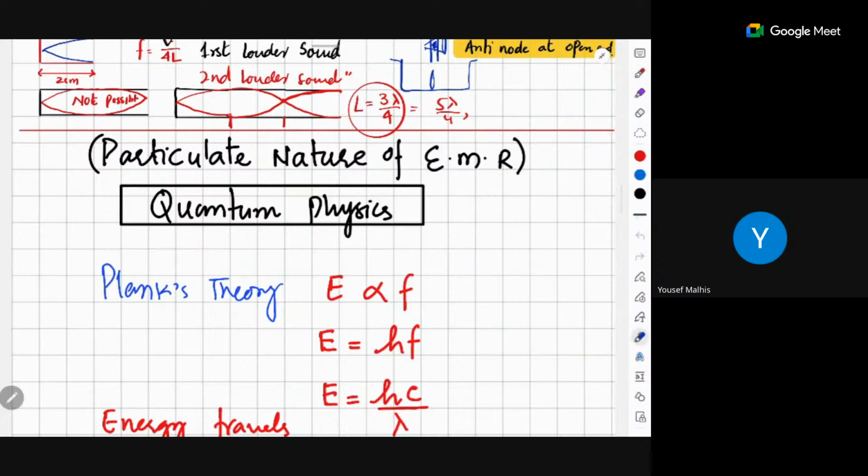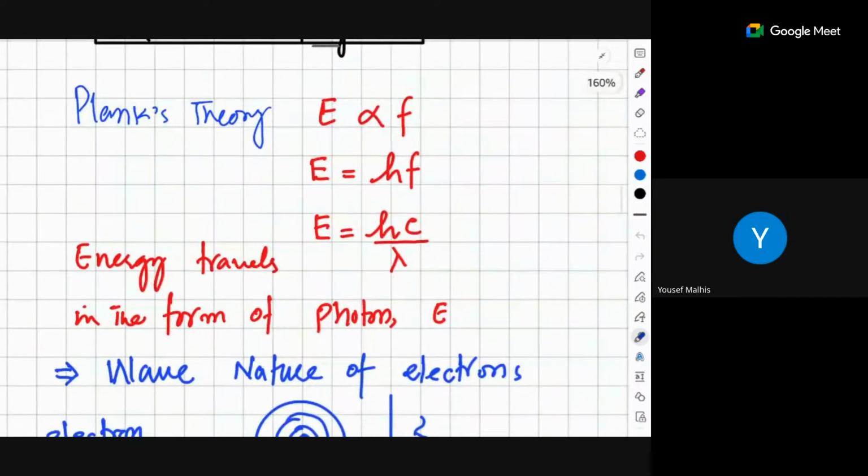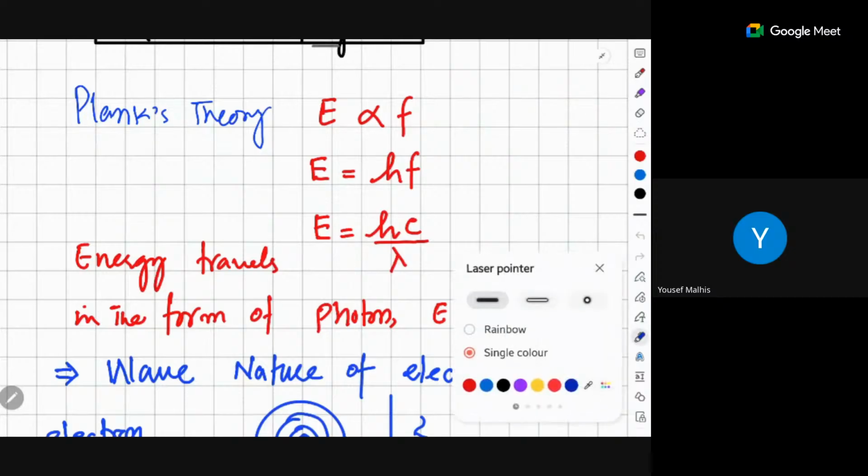We are going to discuss right now the particulate nature of electromagnetic waves. Actually, this is part of quantum physics, right? Honestly speaking, if I cover all this for you, you will get about 25% of Unit 2 clear from this one. Okay, so particulate nature: there was Planck's theory, established by Max Planck, and in that theory